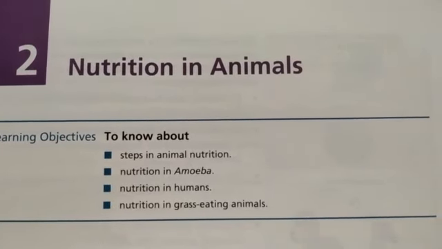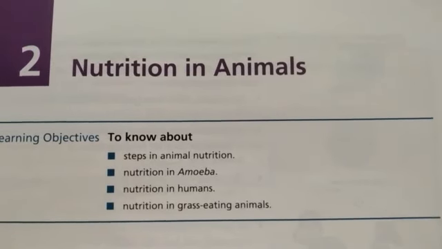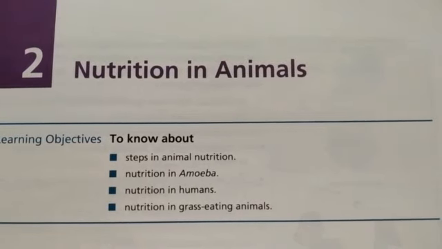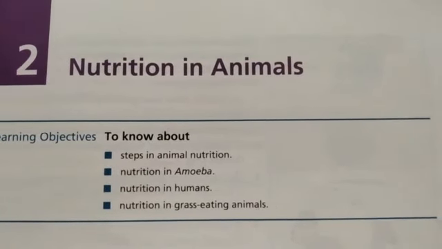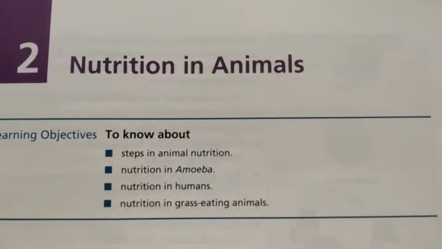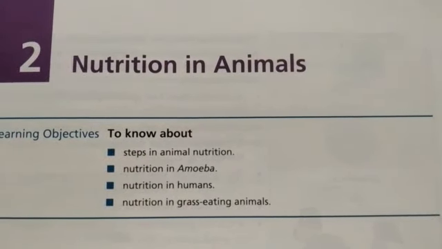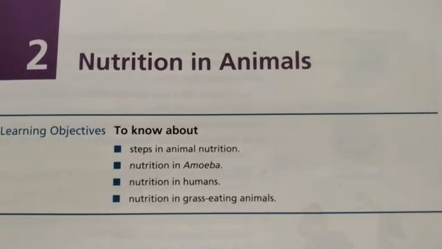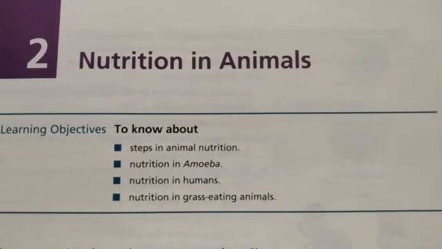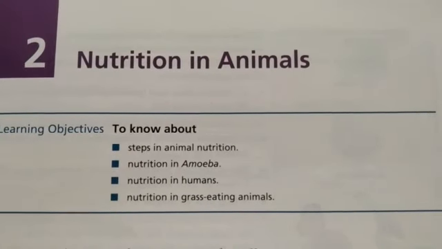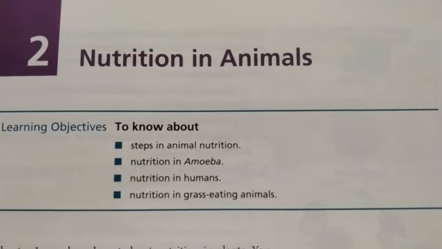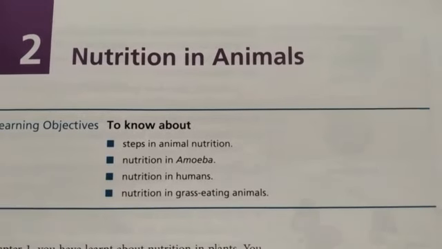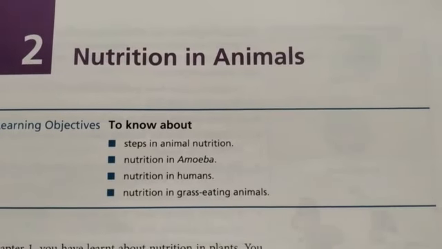So if we are obtaining food from other animals and plants, and we are using it for growth, repair, functioning, and for getting energy, then this complete process is called nutrition. Again, I am going to tell you what nutrition is. Nutrition is the process of taking in food from other sources like plants or animals, and our body utilizes that food for energy, for growth, for repair and proper functioning of the body.